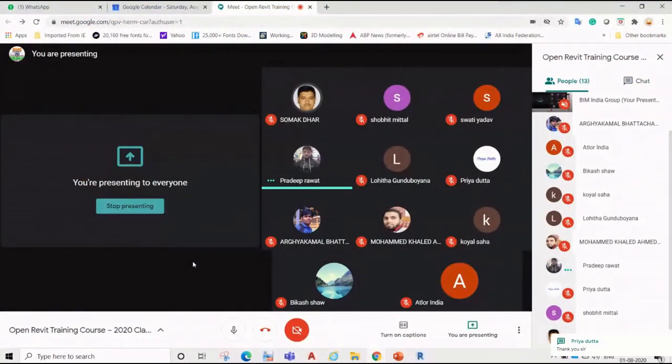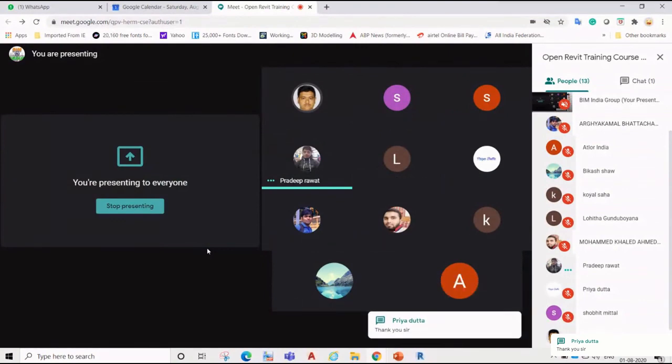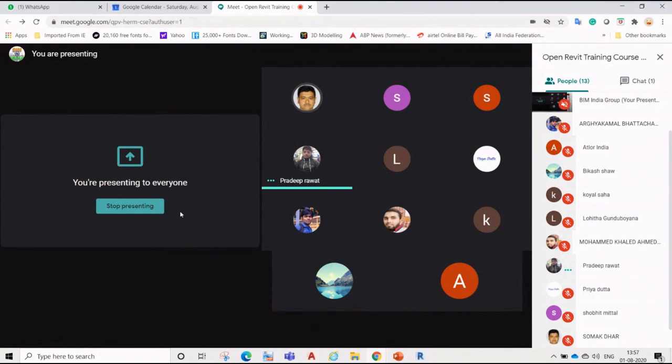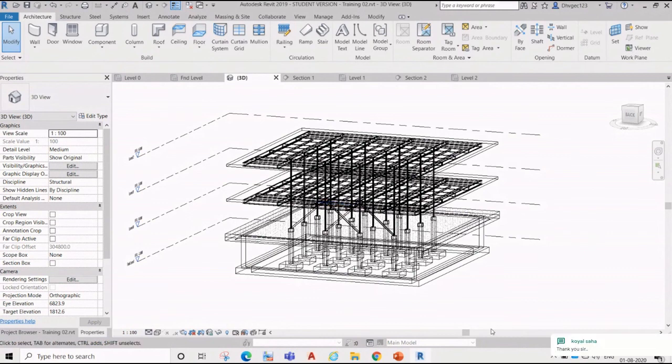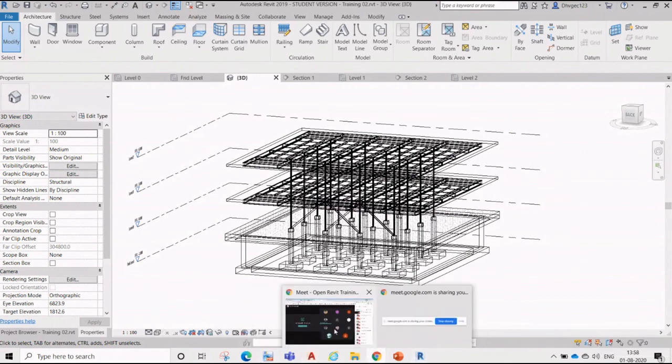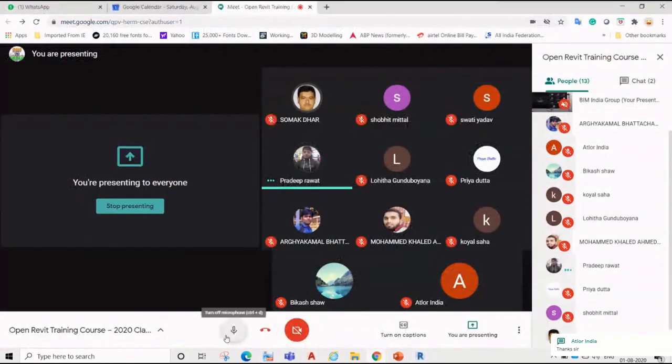Okay, I hope you learned. I insist that you do practice, so that whatever you are learning, you can remember and make it permanent. If you do not practice, it will not be permanent. You will forget it after 1 hour or 2 hours or one day, 2 weeks like this, right? Okay, so for today we'll close, and for tomorrow we'll send the link again.